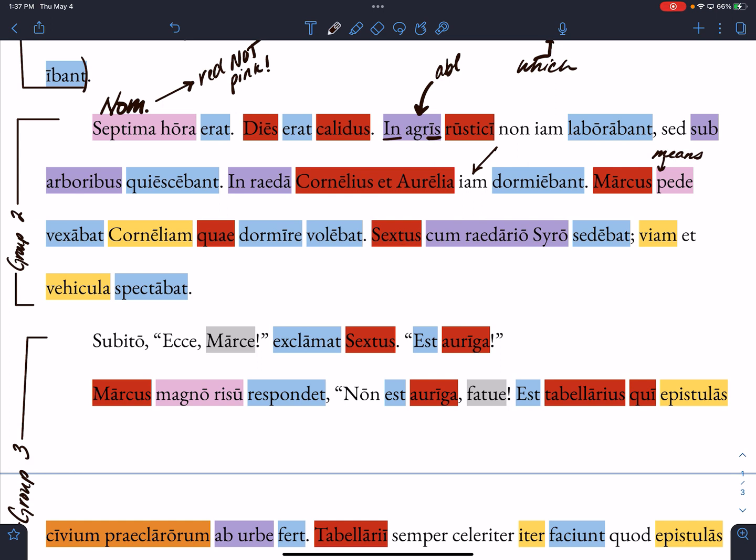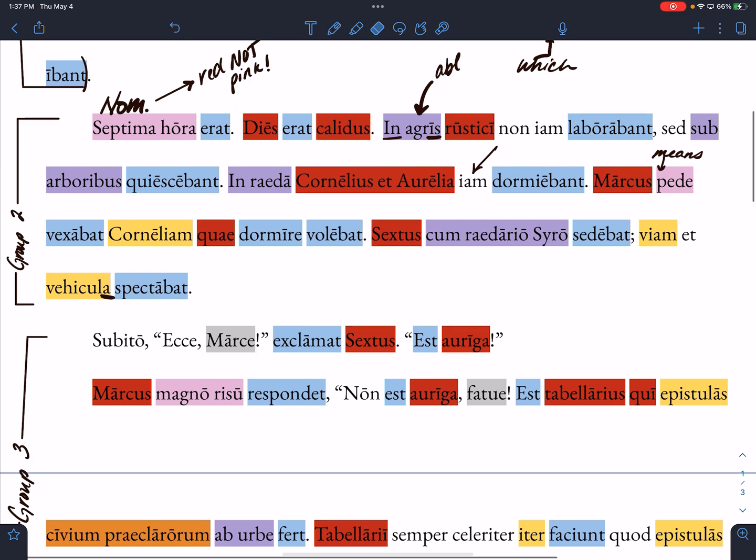Vehicles. Vehicles, right? Because it's neuter. That's a neuter plural. Okay, but good. And guys, just one thing to point out here. This et can help you, right? Et sometimes connects clauses, but other times it can connect nouns or adjectives, right? So because this et is right in between viam and vehicula, we can assume that they're both probably the same case. They're both probably functioning in the same way.